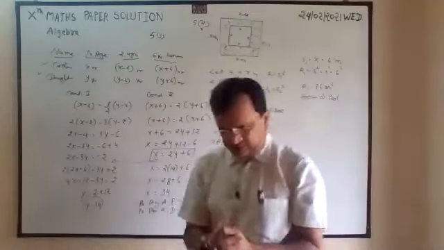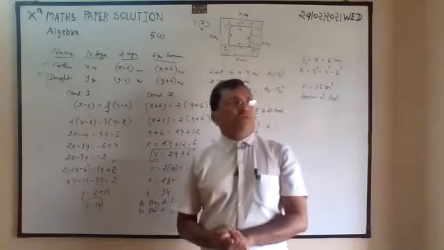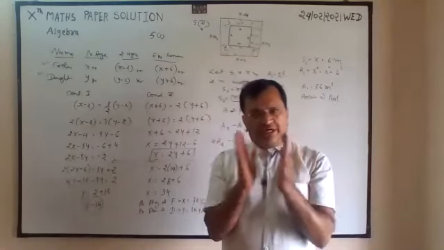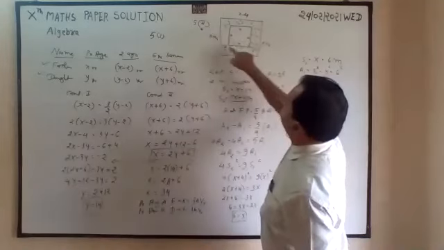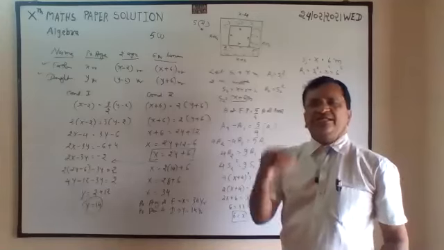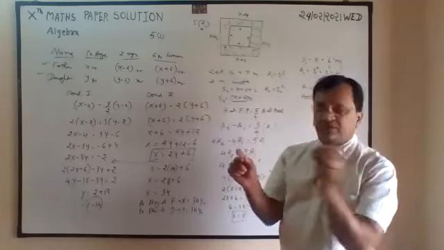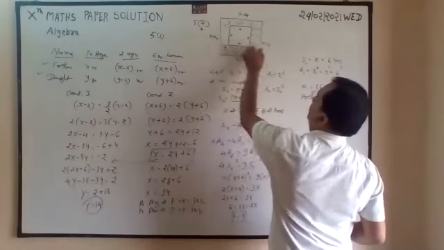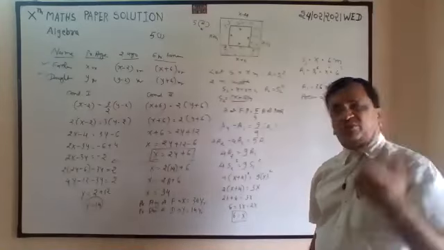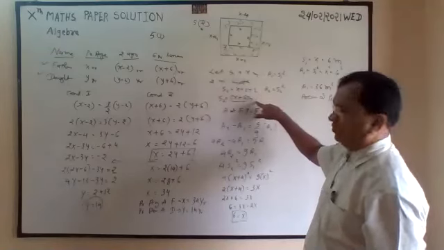Again try to understand. Side of pool, internal, this much part is a pool. Side of pool, they have asked. So let the side of pool be x. Now 2 meter width means 2 meter this side, 2 meter this side. So new side of bigger square, including footpath, including pool, will be x plus 4.